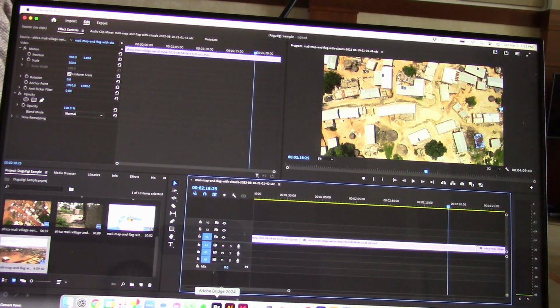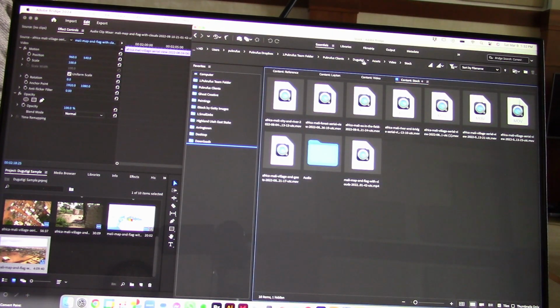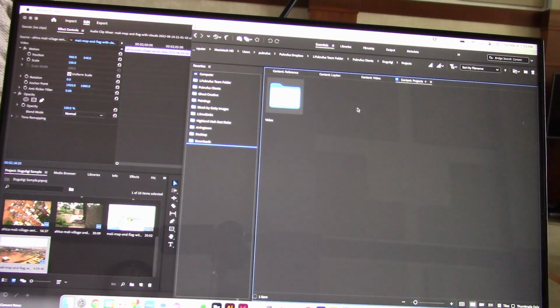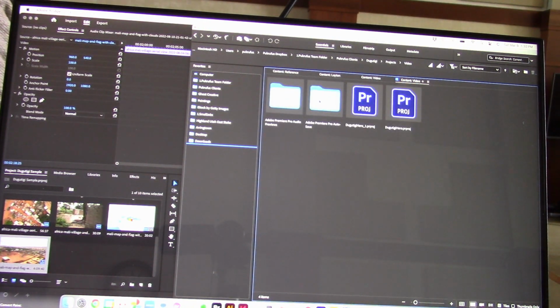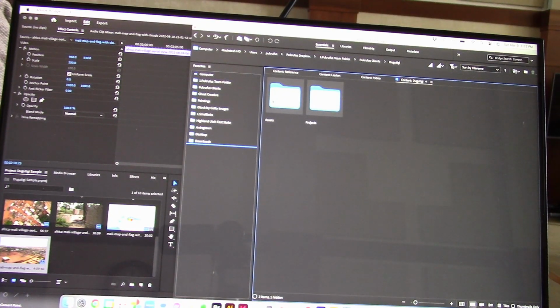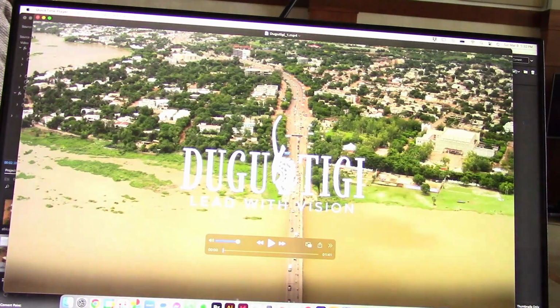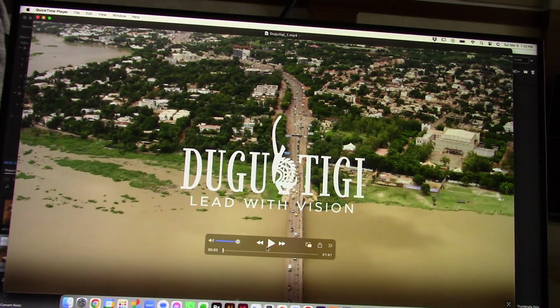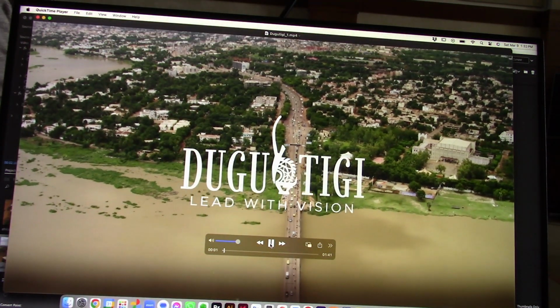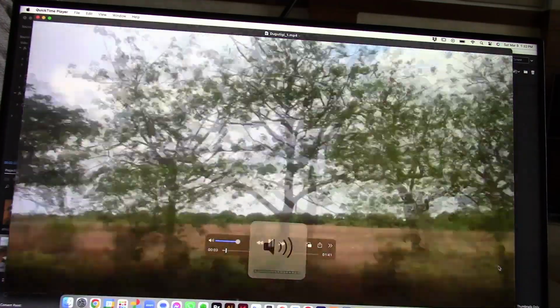In fact, let me show you the end goal that I'm going for, just so you can see where we're headed with this. So if I go back into Dugutigi, projects, video. Oh, I think I saved it in... Let me go back to assets, video. Oh, here they are. So if we come in here,